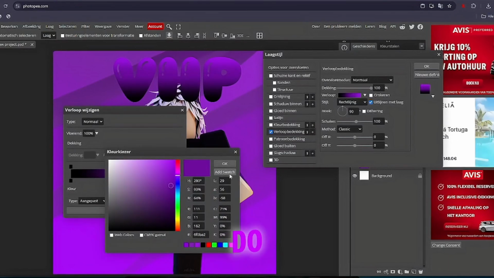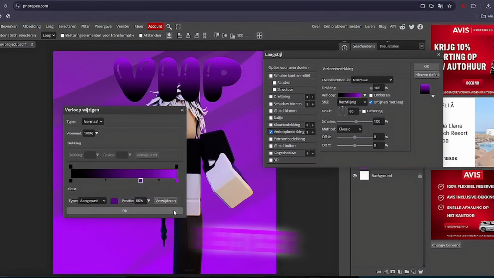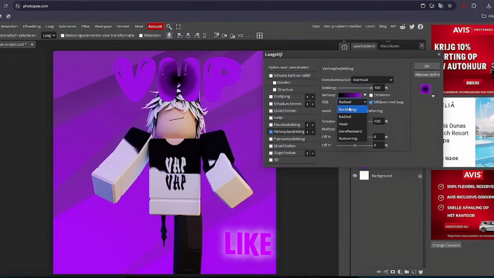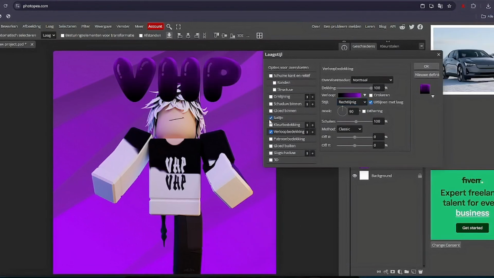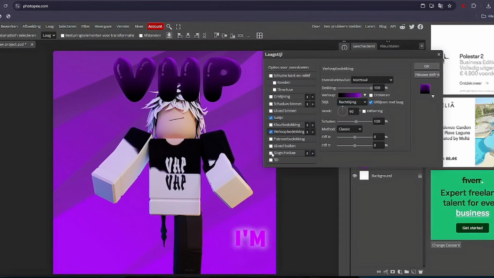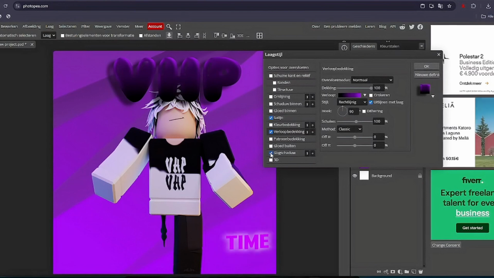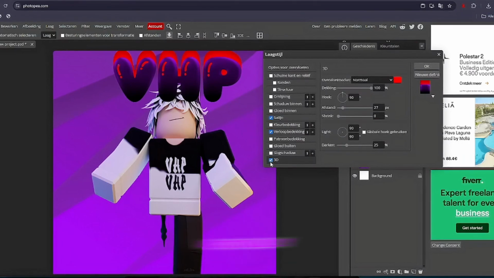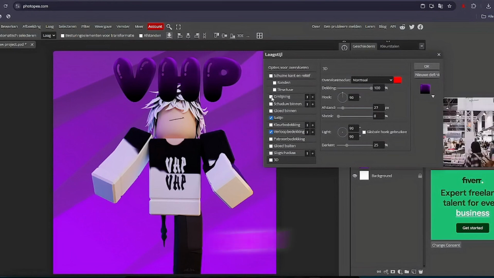So I'm gonna do it a bit darker here for the better effect. You can like choose between these things. And then we got this. Now you can choose if you do a shadow. Normally I always use a shadow, but after a bit of GFX I never use a shadow. You can do 3D. Actually, that sucks. Now this